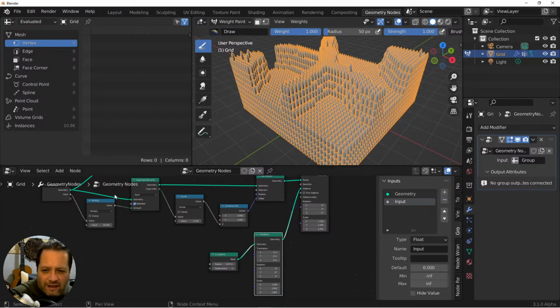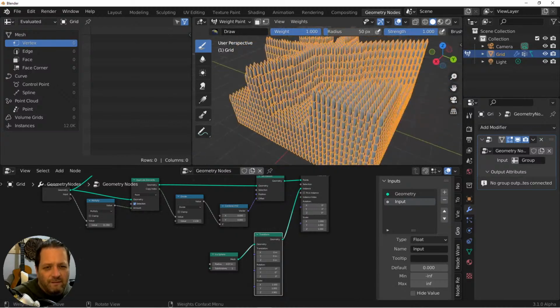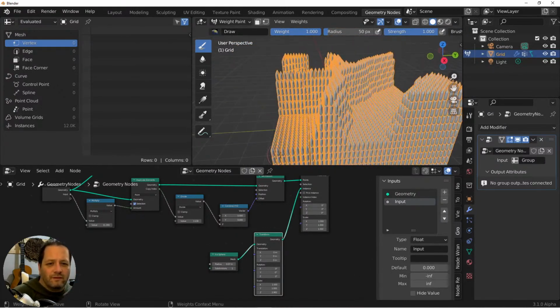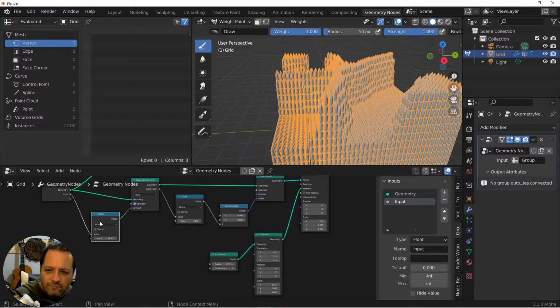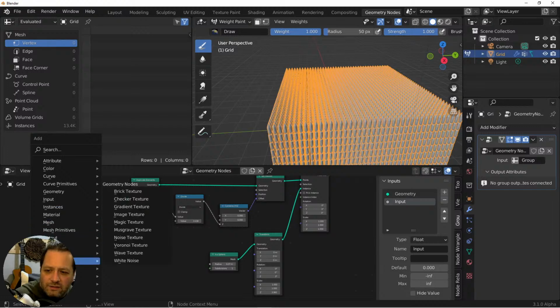So now I've got my weight paint affecting that. And of course, if I didn't want to use my weight paint, I could always just use a texture like